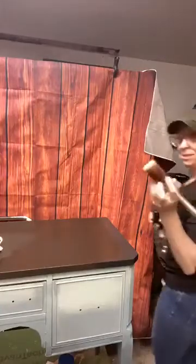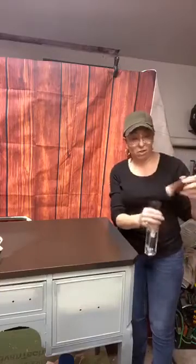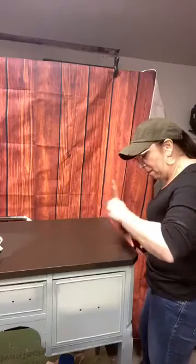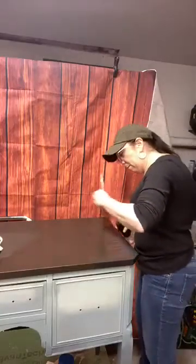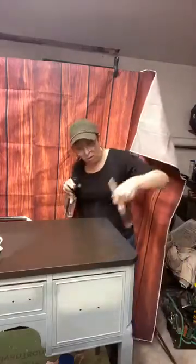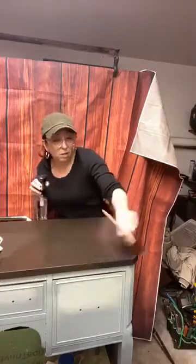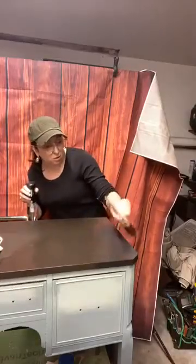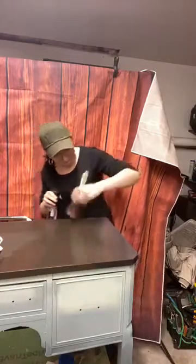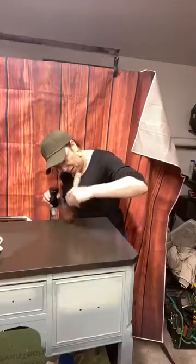What I'm going to do next is, if you can see my brush, I'm going to spray the brush. There's nothing on it. It's just lightly wet. And then I'm going to take my brush and lightly blend it. So the thing about this is you want to let the bristles do the job for you. You don't want to press into your paint. You want to just let the bristles do the work. So what it's going to do is blend it through